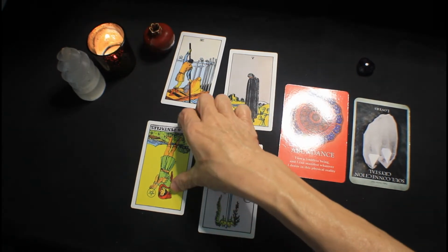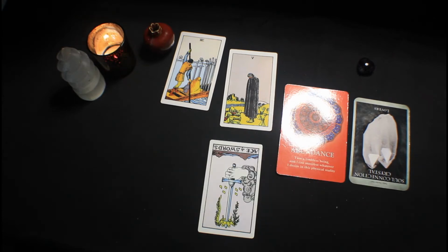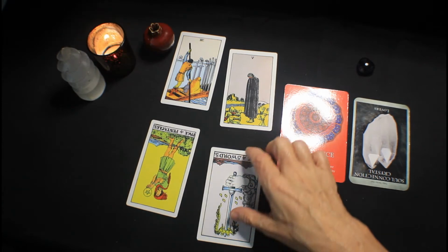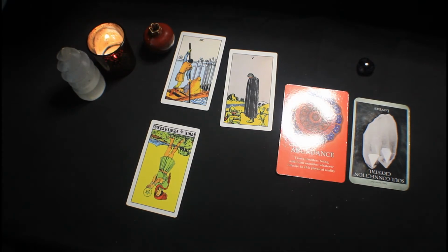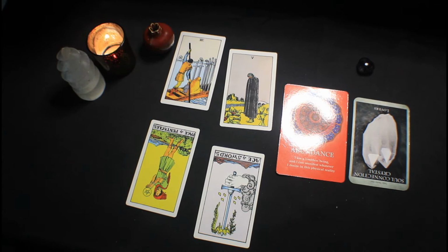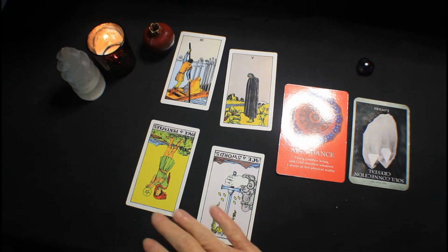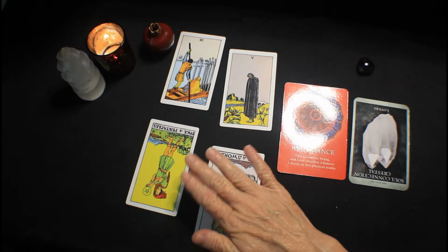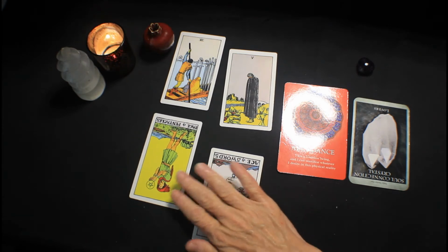Then in the third spot we have the Page of Pentacles in reverse, okay, followed by the Page of Swords in reverse, or excuse me, the Ace of Swords in reverse, okay? So what this is telling me, again, remember, in spot 3, is that you have a tendency to sort of hold back, okay, when you should be leaping forward. Especially, this is Pentacles and you have abundance here. This is about business, this is about starting new ventures, this is about spending, okay,